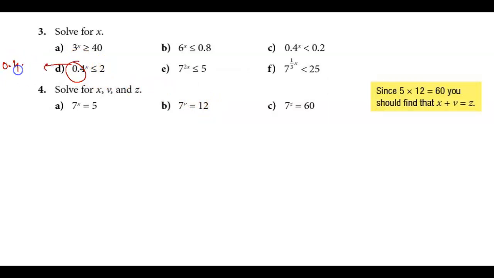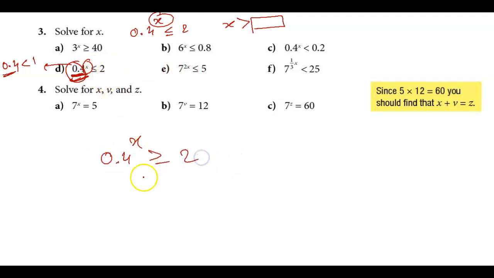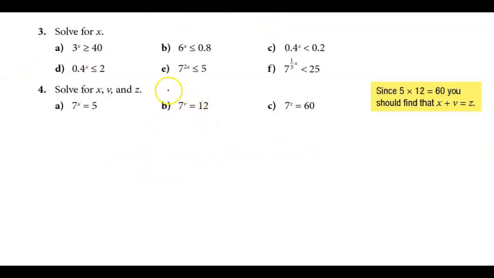This is 0.1, right? 0.1 is less than 1 and they are saying 0.4 raised to power x less than or equal to 2. So whatever answer you get, you will write x greater than that answer. Okay children? Only for such cases where your base is less than 1 and you have an inequality. If it had been 0.4 raised to power x greater than or equal to 2, then you should have written x less than the answer obtained. Okay,